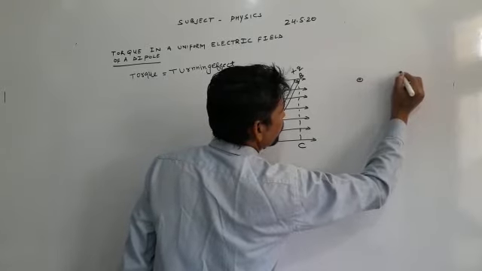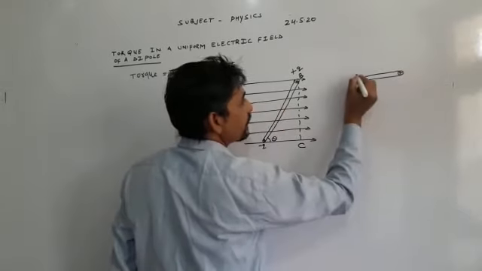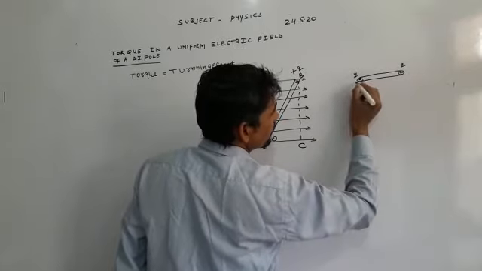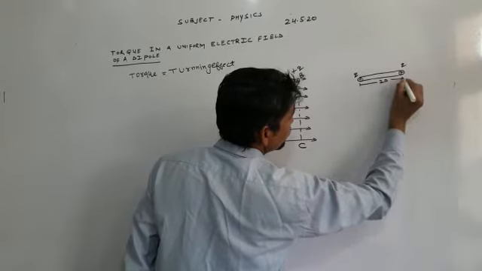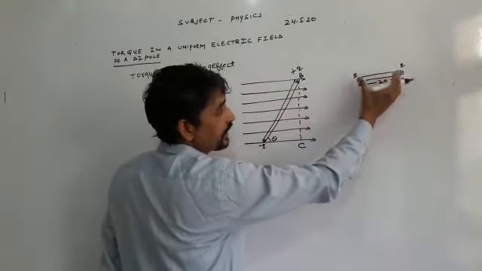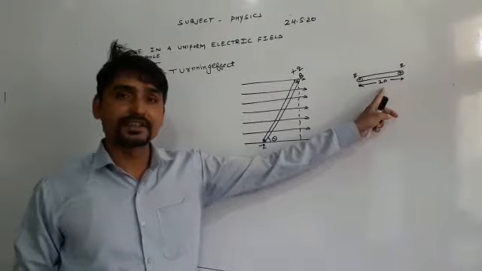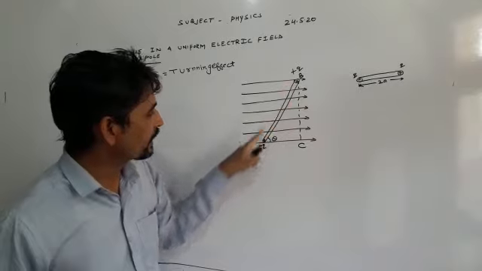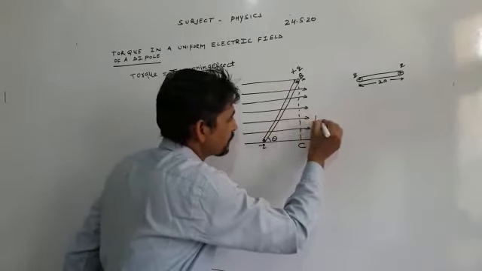A pair of equal and opposite charges separated by a finite distance, like plus q and minus q, and separation between the two charges 2a. This is our dipole. When this dipole, minus q and plus q, is placed in a uniform electric field,